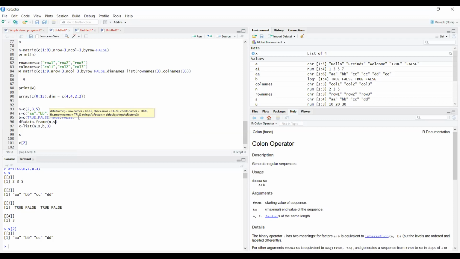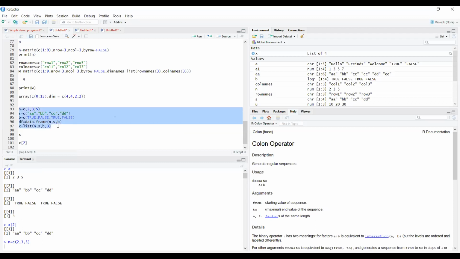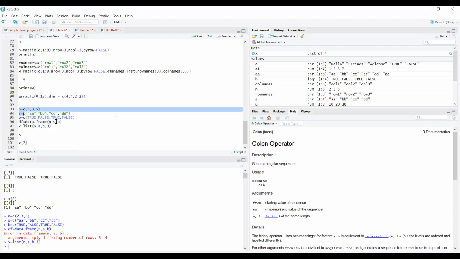Okay, and enter. We are selecting all of this. Okay, argument simple is not passed. Okay, sorry, actually we are selecting.